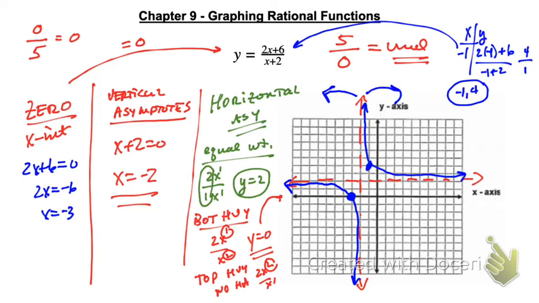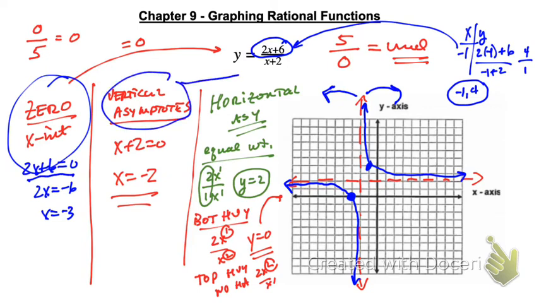Okay, so you have homework problems where you have to find them one at a time. You have to find your x-intercepts or your 0. Remember where that came from. That came from the numerator equal to 0. 2x plus 6 equal to 0. Vertical asymptotes come from the denominator. When is it equal to 0? Horizontal asymptotes, you have to look at the weighting and figure out which one of the 3 options you have. Another thing we did in this chapter was